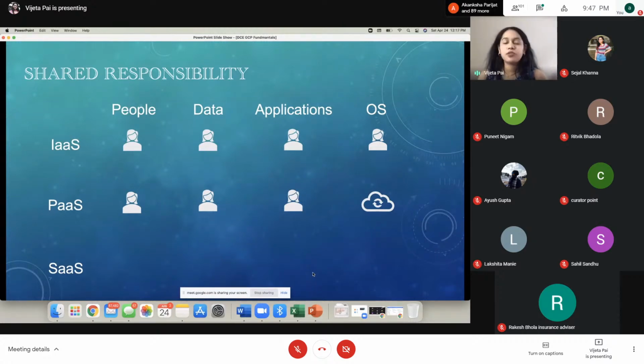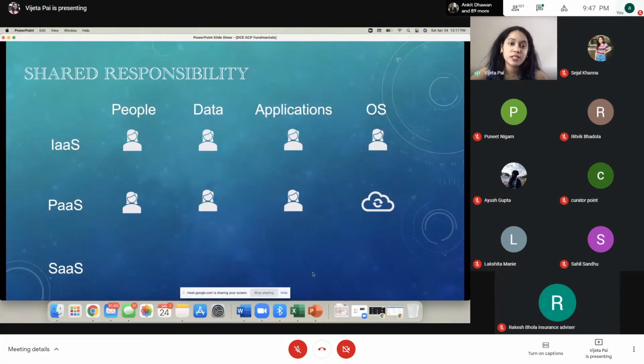However, that doesn't mean that you just close your eyes. You need to also make sure that you are in sync with them. You're actually talking to them about all of this. You need to stay on top of the security game to make sure your app, everything is secure on the cloud. Because ultimately, if something happens, Google is not going to lose customers. You are going to lose your customers.